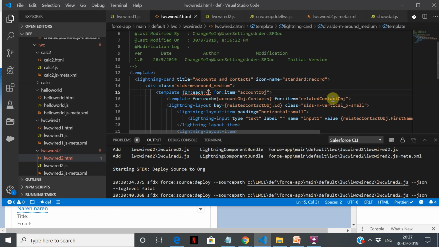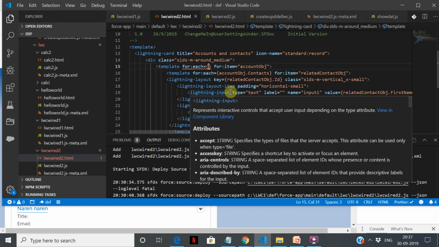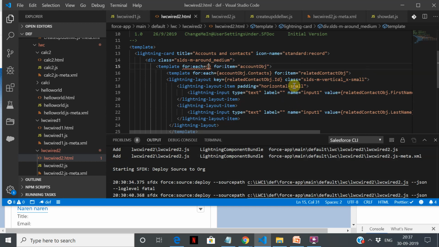So whatever contacts are there within that account, it is going to throw to the related contact object, and it just takes the key as an ID and the names, first name and the last name. So it's just the object first name, object last name, the same API name. So it's going to show us the list, and I'm just throwing a data input. This can also be an output, but I'm just showing an input kind of a thing. We're not doing any data manipulation. Basically we are fetching the data.